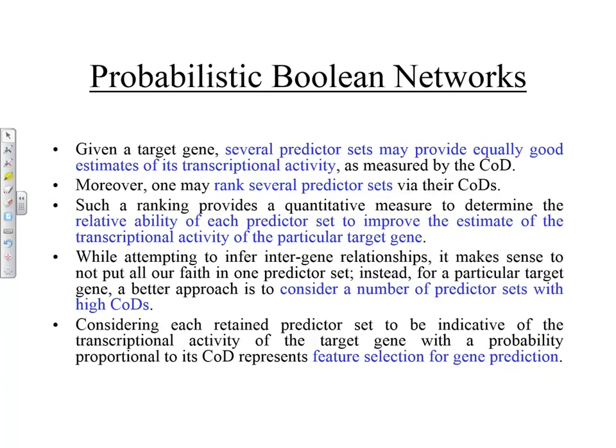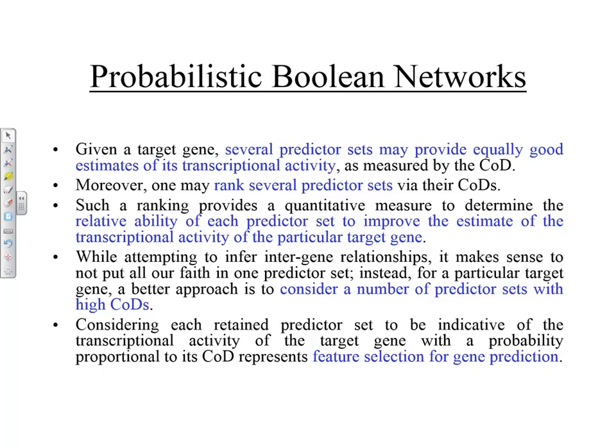Now, starting from this COD information, you can actually build up networks. How? For example, let's say you have 10 different genes. Based on the gene expression data, you find out what the best predictor sets are for each of these genes. Then you assign weights to these different predictor sets and let the network update according to those weights. Given a target gene, several predictor sets may provide equally good estimates of its transcriptional activity as